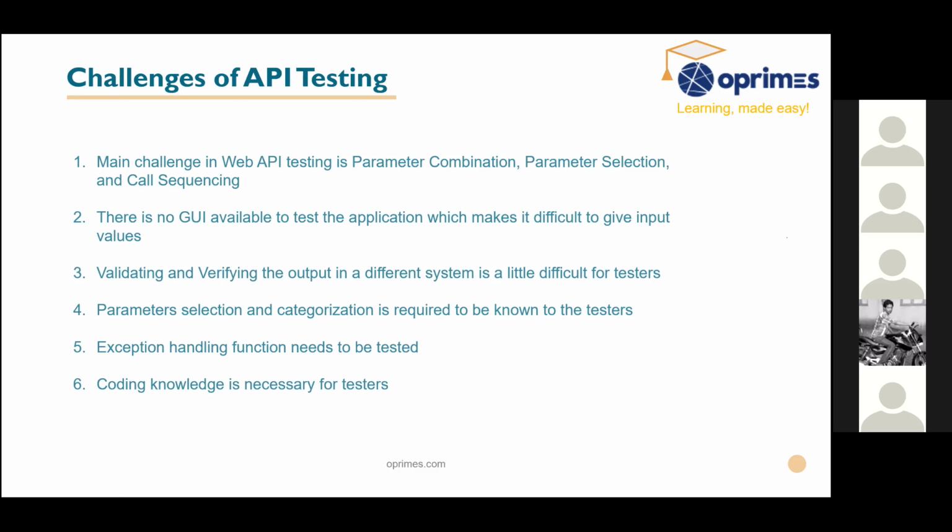And in order to find where it is going wrong, say your API is failing and your error message is also wrong, then you have no other way. You need to go through the developers' loggers only, the logging of the code. Then only can you find it. So these are the minimum challenges we will have in API testing.